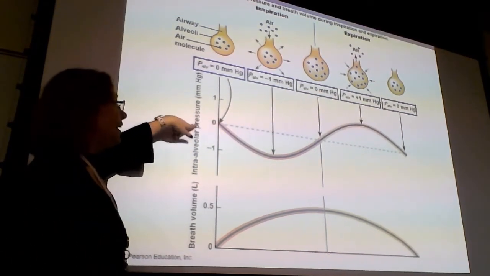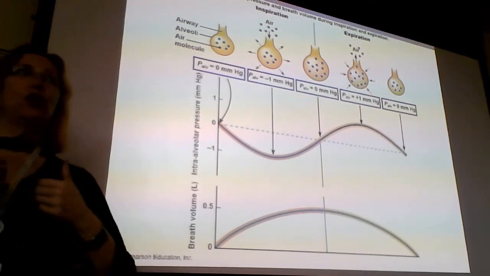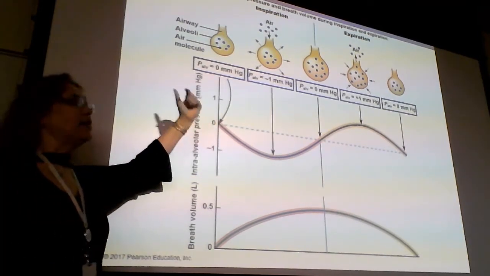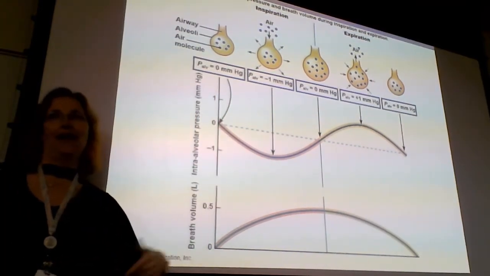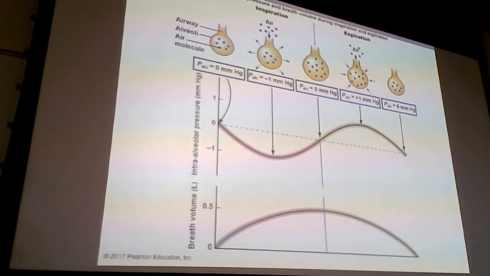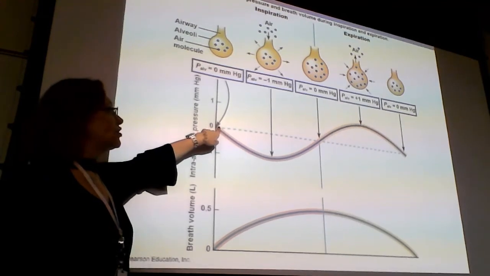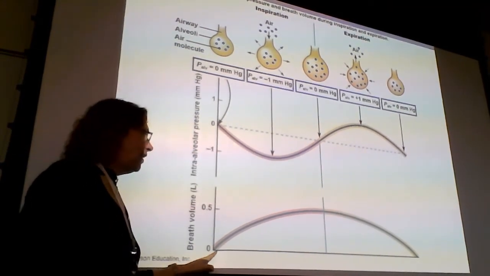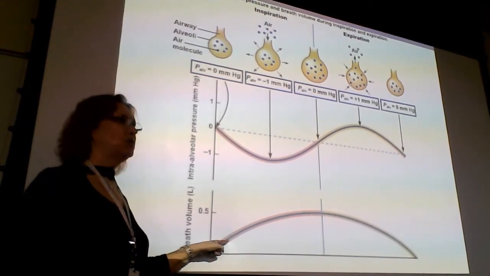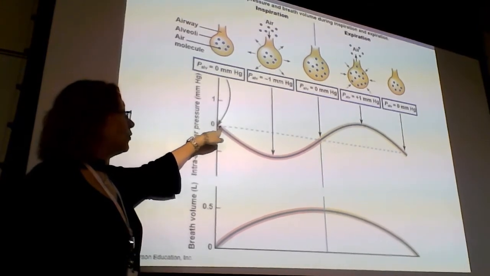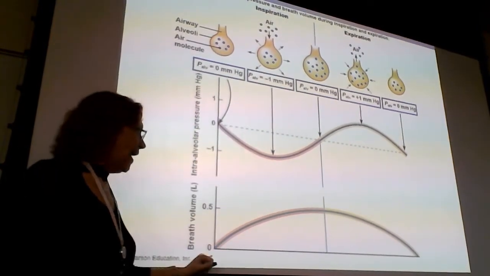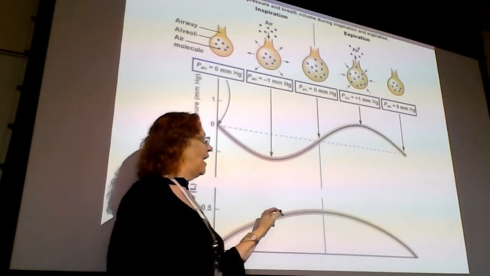So my intra-alveolar pressure, the pressure inside my alveoli relative to atmospheric pressure. I start with contraction of my thoracic and diaphragm muscles, causing my intrapleural volume to increase, causing my intrapleural pressure to decrease, causing my alveolar volume to increase, causing my alveolar pressure to decrease, causing air to start coming in, increasing the number of moles, right? And that's going to continue and continue, and more air is coming in until